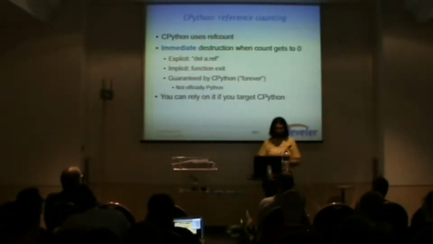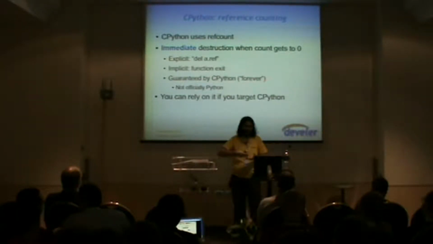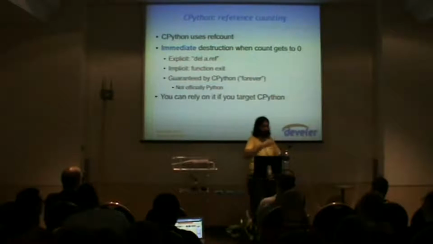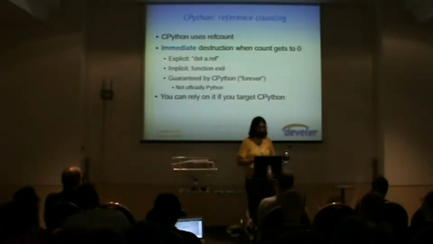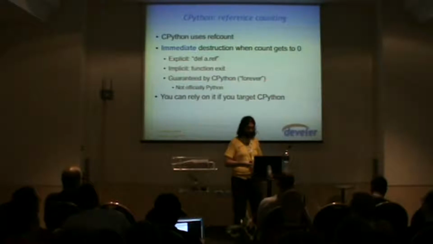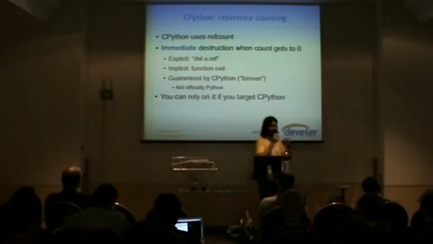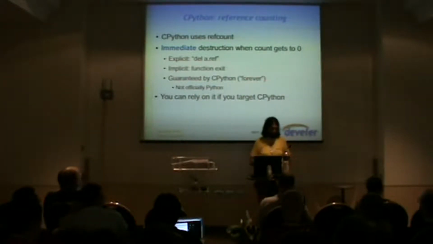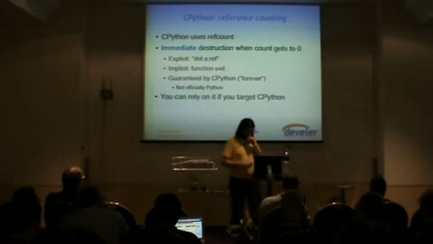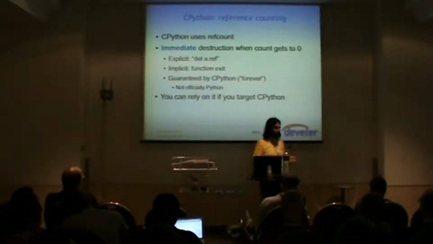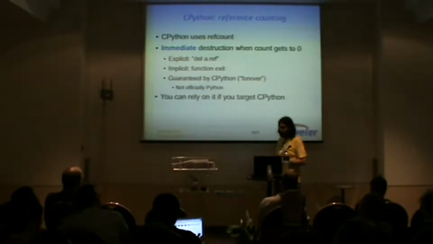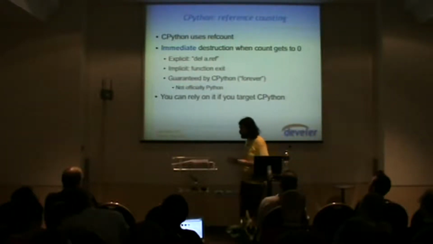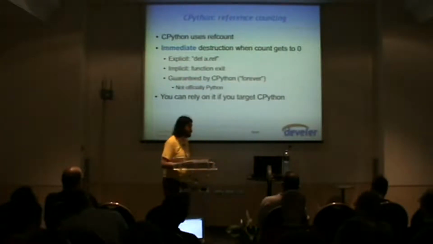Also, when you exit from a function, all local variables are immediately destructed, because the locals dictionary is collected, and if there are no more references to them, they are destroyed immediately, not after a while. Either it happens at that time or there is a problem. If you target CPython, like I do mostly, you can rely on this because it's not going to change, even if someone doesn't agree with this.